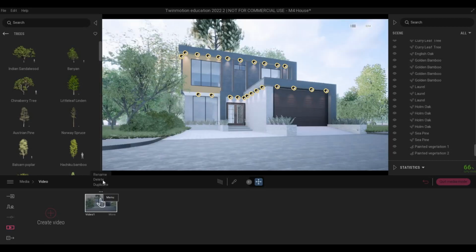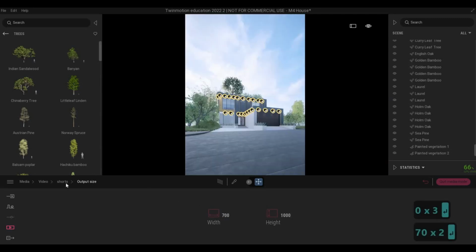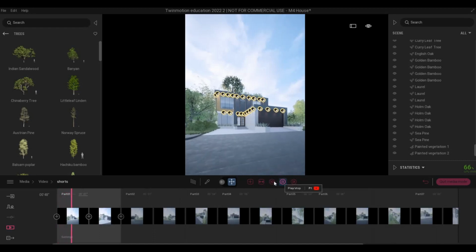Now we need to rename this. So I'm gonna rename it as show reel. And then duplicate this. And then rename it again to shorts. And then after that, go back again, click on more, click on more. We need to edit this to 1000 and then this one to 700. But before you do that again, you need to review it, because having it short is different from having